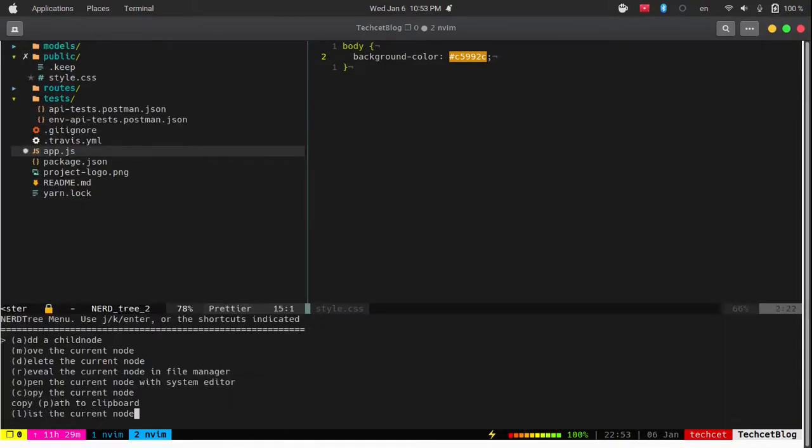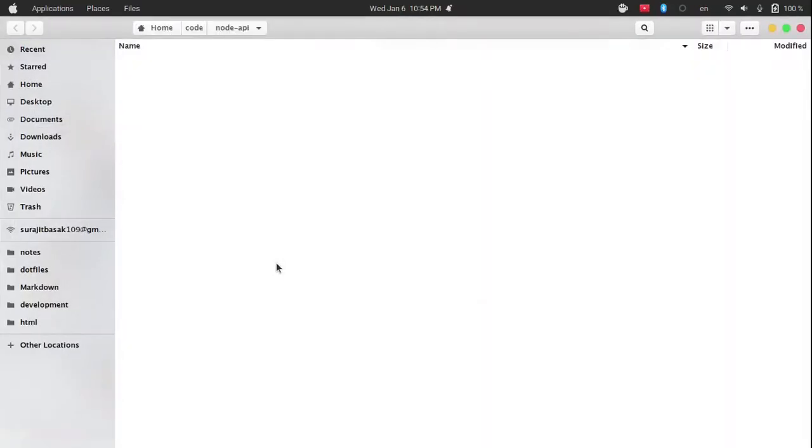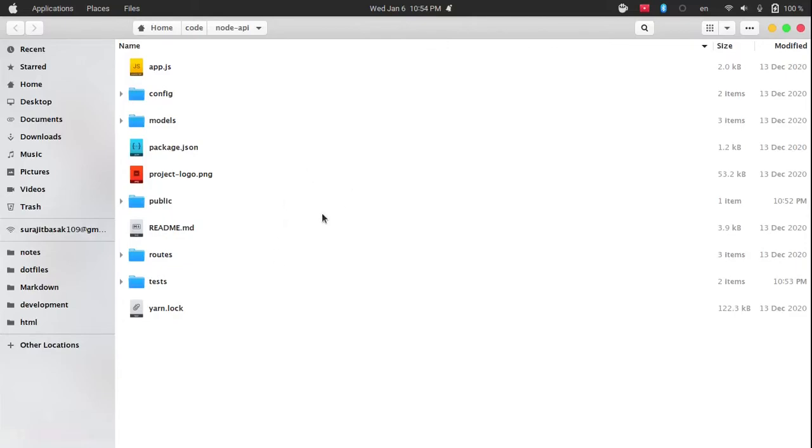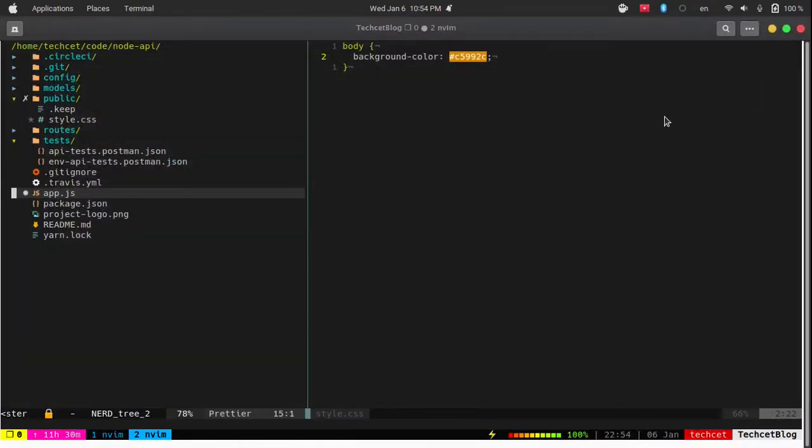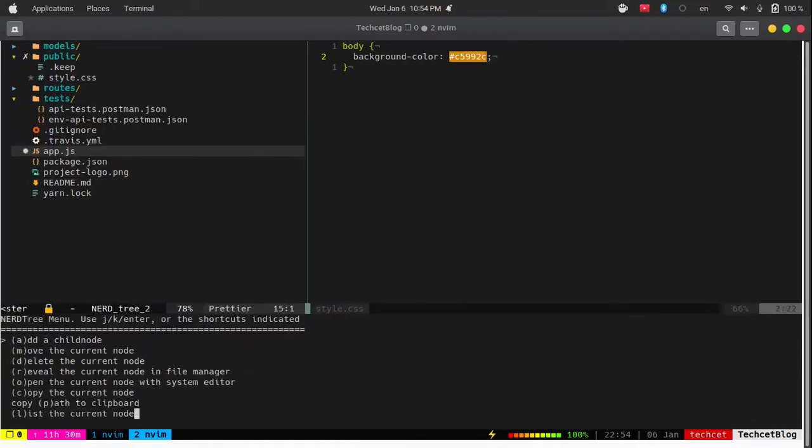Now another thing we have is delete the current node. If you press D, it will ask you for confirmation if you want to delete or not, and then you can reveal this in your file manager. If I press R, it will show you the file manager. So I'm just going to close it, and then press M again. You can use O to open the current node with system editor. So press O,